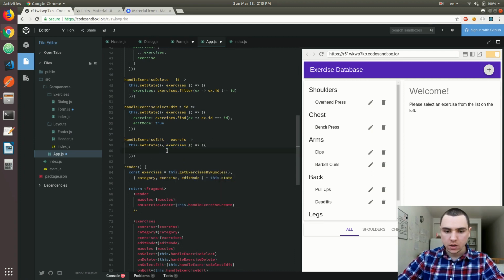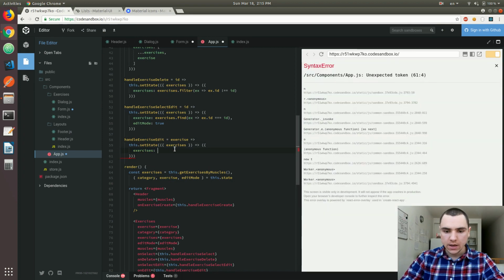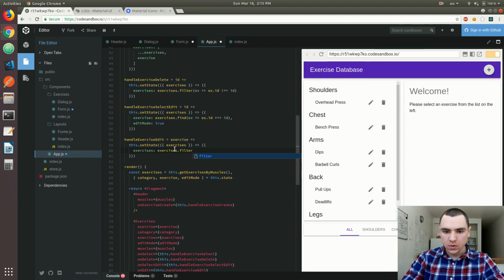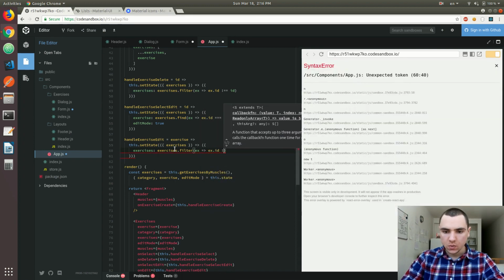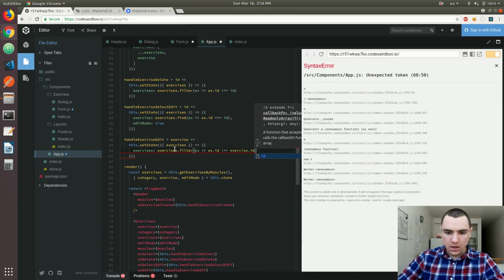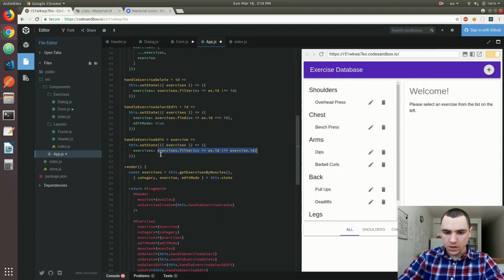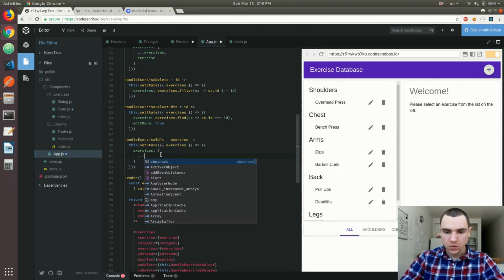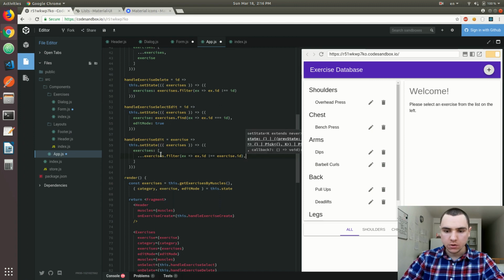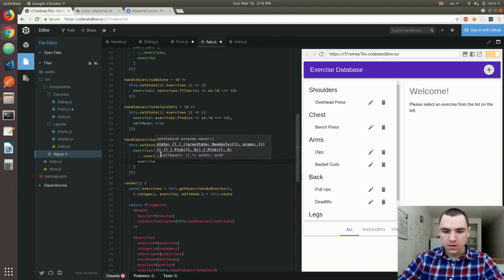The idea here is that when the exercise changes, so when we receive the new updated exercise object, we're going to get the exercises and filter them down to the exercises that don't contain the current exercise that's been edited. So we'll do when the ID does not equal the exercise ID. And then once we get that, I'm actually going to cut it, and extract all of those elements to a new array, and then we're just basically going to append the new